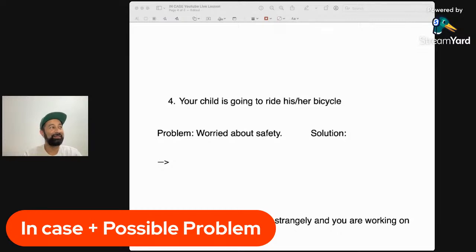I think this one here, most people can understand, okay, bicycle, child, safety. I think most people probably have an idea of how to prepare for that. But now it's, how do I make a sentence? How do I make this sentence where I'm introducing the solution and introducing a problem? What verbs do I use? So while this situation is quite easy to understand, I think that sentence itself is a little bit difficult. So let's see what everyone can come up with.